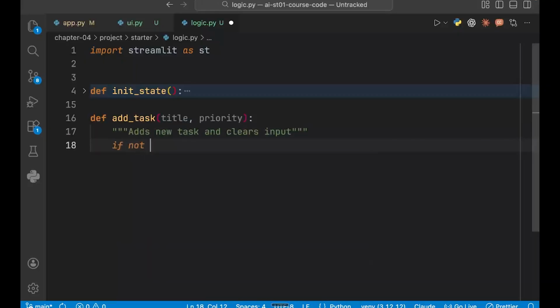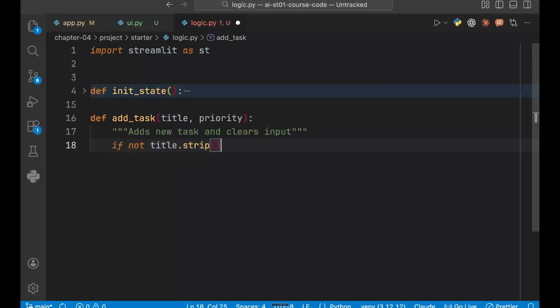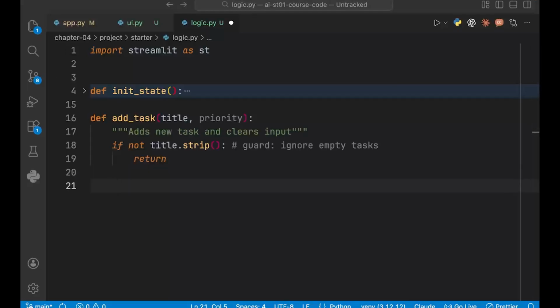So first, if not title.strip, this is a guard. Let's say guard: ignore empty task. We don't want any empty task to be added, so we'll say return. If somebody has given an empty task, we'll do nothing. We'll just return. Otherwise, we'll create a task. How do we create a task? A task is equal to